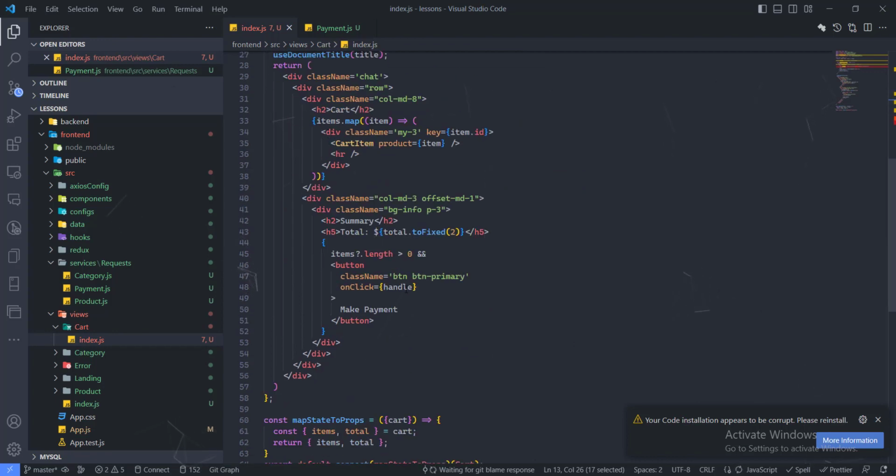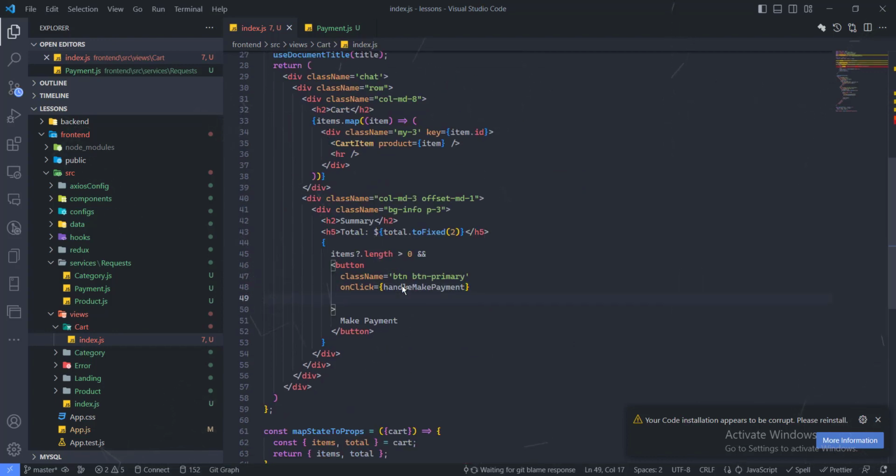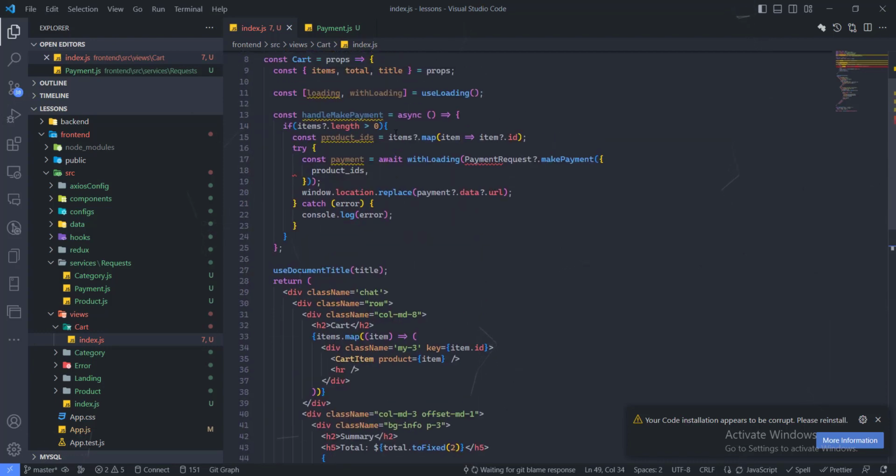Okay, so undo make payment, and once this method is being loaded, we need to disable the button. So we're going to say the disabled is loading. Once we have that loading, that means the request is being sent. Then we can go ahead and disable the loading. So hopefully this makes sense now. Then we can go ahead and actually try this out. Basically this is all we need to do, and hopefully we don't run into any